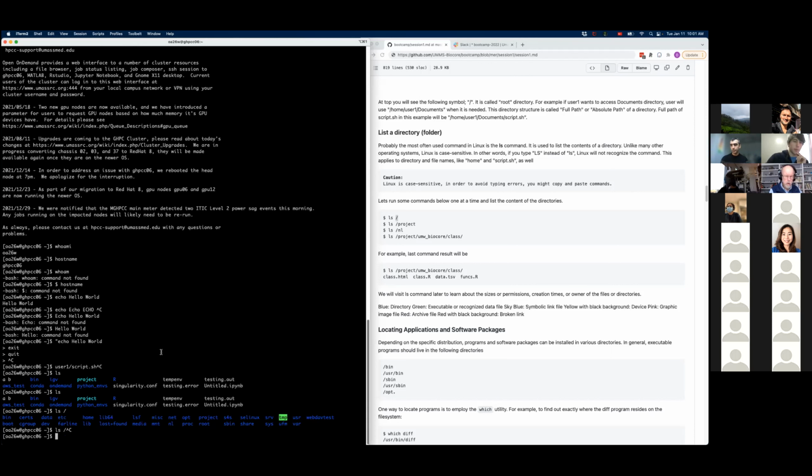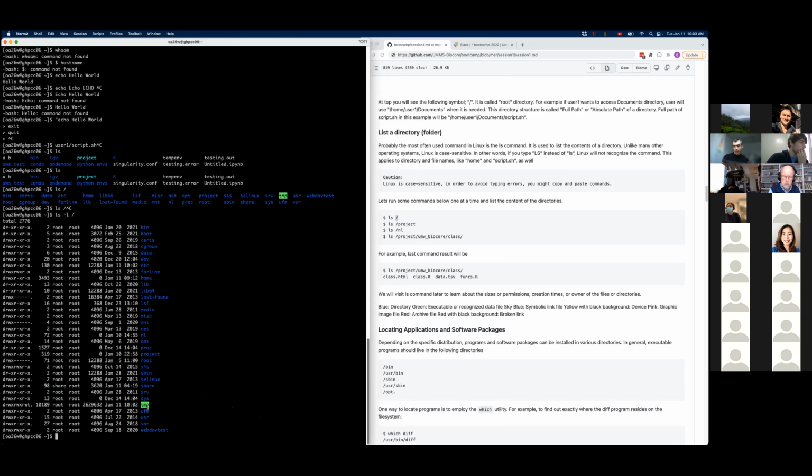I'm not having a problem, but I do have a question. What is the significance of TMP being highlighted in green? Maybe we'll see about this in a few minutes, but this is a long form list command.